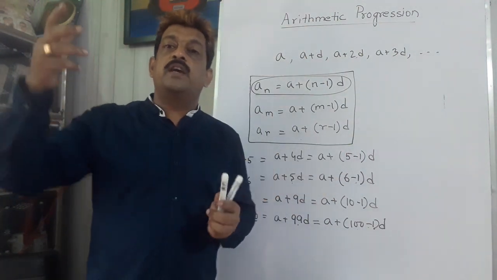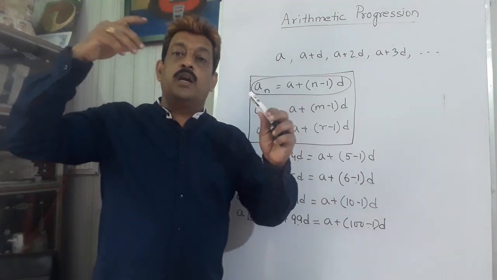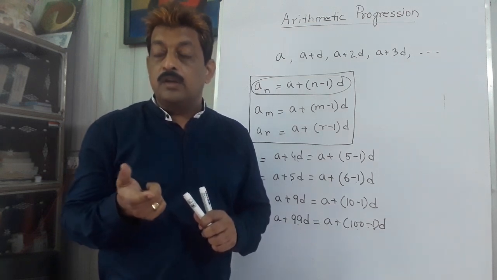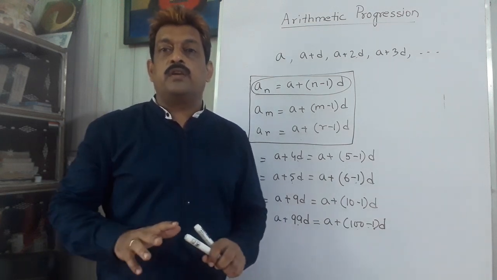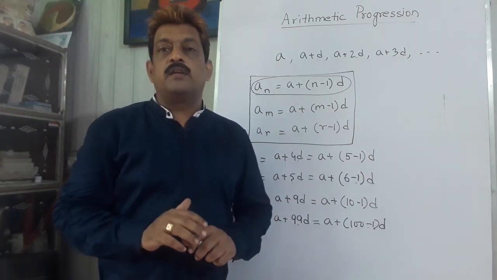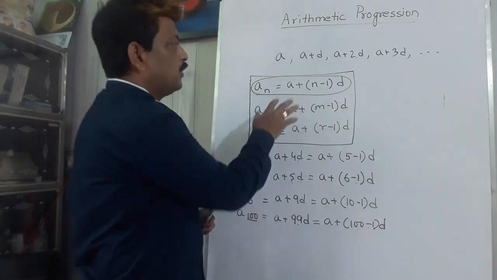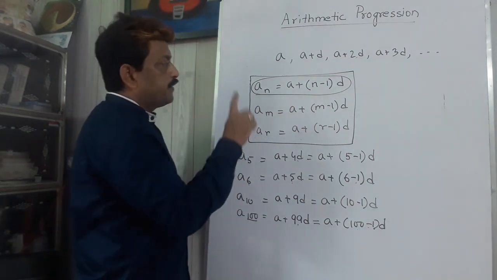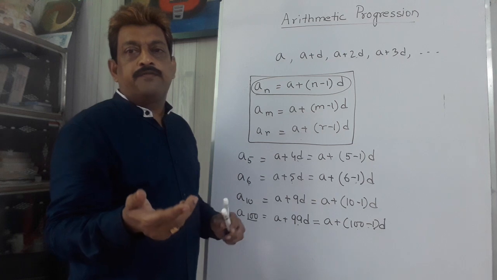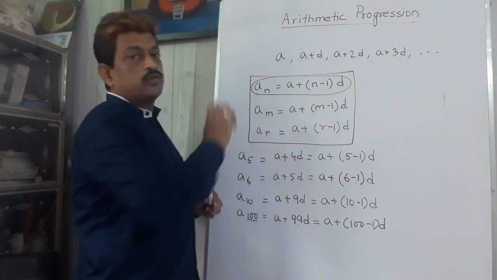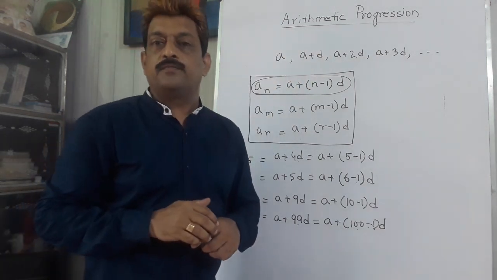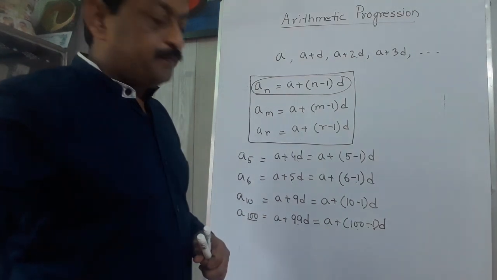7777th term. Is it possible for me to write all those numbers: 2, 4, 6, 8, 10, 12, 14, 16, 18, 20, up to the 7777th term? No, it is not possible. It is an absurd way. With so many terms, the whole day would be spent writing the series. That is why the formula was developed to find that term. If the question is to find the 25th term, then n is 25. So put 25 here and then put all the values, and you will get the answer. Understood?